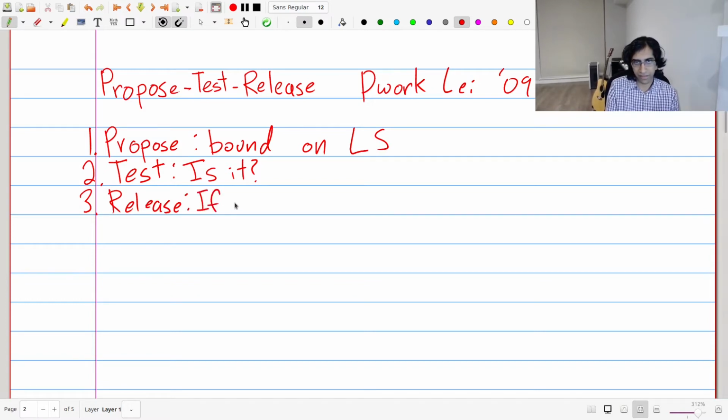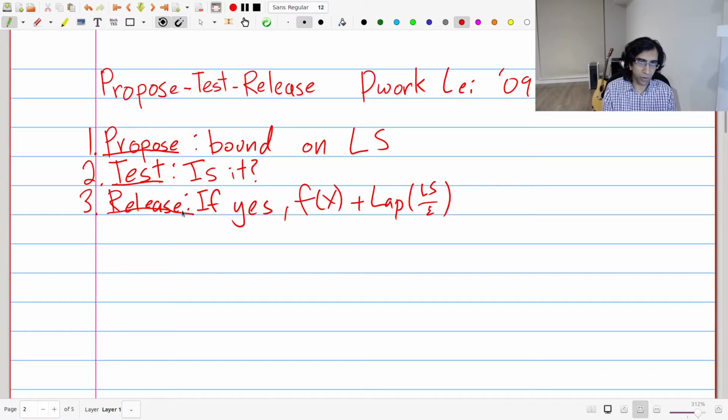So essentially, if we do indeed have a good bound on the local sensitivity, then you do the previous algorithm that we said: f(x) plus Laplace of local sensitivity over epsilon. This turns out that it'll work. This is a vague description, but hopefully the 3 steps make sense. Propose a bound on the local sensitivity, test if it's accurate, and if it is, then we are going to